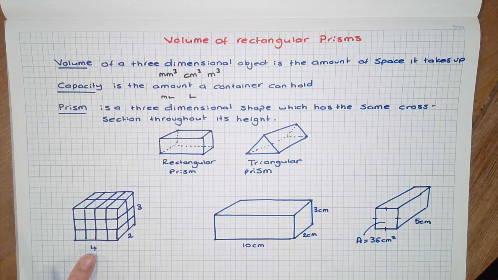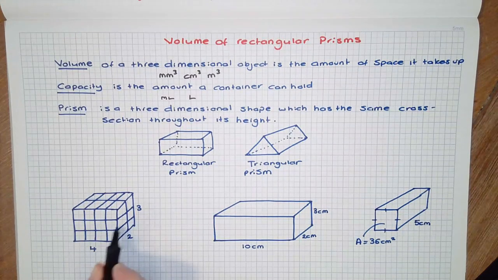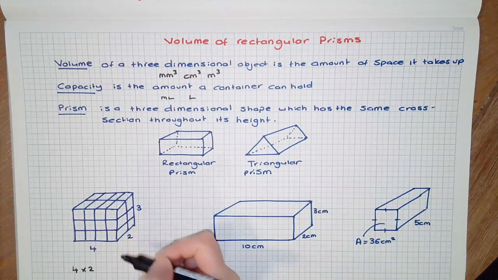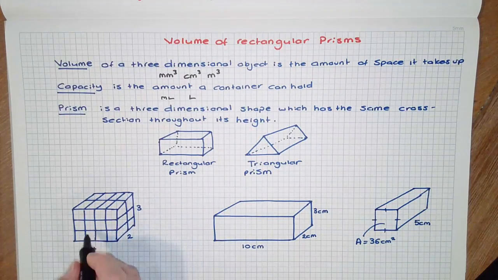Let's take this rectangular prism. Let's say that the base of the prism has a layer of 4 blocks and 2 rows of that. That is, the area of the base would be 4 times 2. And we have 3 layers of that in the height. That is, the total number of blocks would be 4 times 2 times 3. This, in fact, gives the volume. That is, 4 times 2 is 8, times 3 is 24, assuming these are